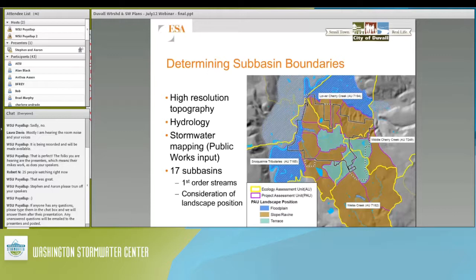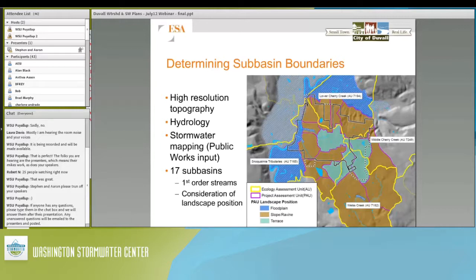So an initial step was to look at high-resolution topography, mapping of hydrology, and stormwater infrastructure to further split up those 3 main basins into 17 subbasins that were representative of the hydrologic landscape of the community. And along the way with this, we took a finer scale look at landscape position as well,